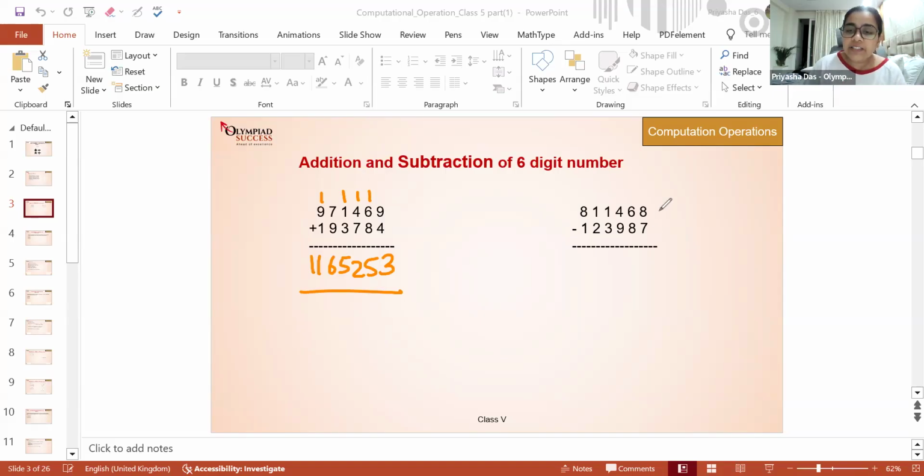Then 8 plus 5, this is minus, okay? This is subtraction. So how would we do subtraction? 8 minus 7, 1. This is something which is smaller than 8, so I'll have to start borrowing. And I have to start borrowing right from here. So I'll make it 7. I'll make it 11 to 10. I'll make it 11 to 10. I'll make it 14 to 13. And then give it 16. So then I'll get an 8 at the bottom. 16 minus 8 is 8. 13 minus 9 is 4. 10 minus 3 is 7. 10 minus 2 is 8. 7 minus 1 is 6. And this is your final answer. Okay?